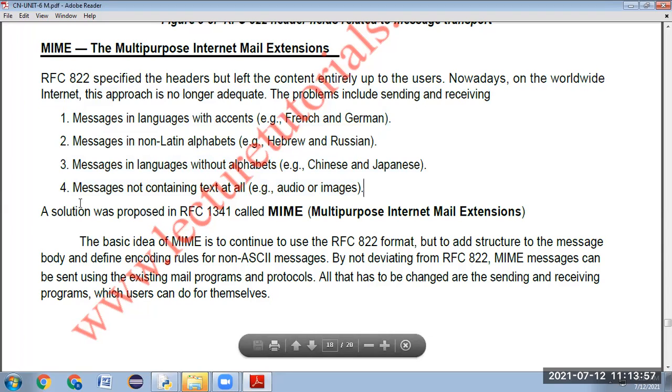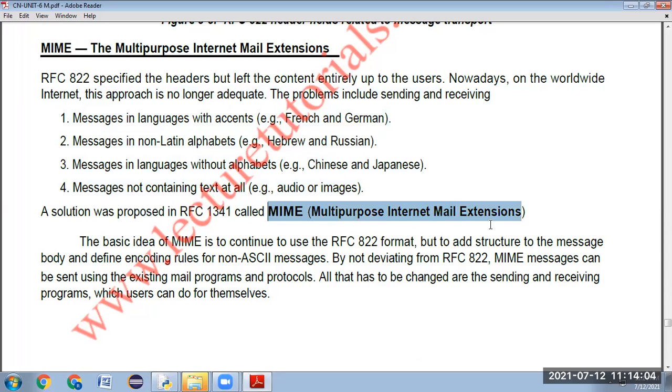So a solution was identified in RFC 1341, which is called MIME, Multipurpose Internet Mail Extensions. The name itself indicates it can be used for multiple purposes. With the help of the MIME protocol, we can extend the email features.